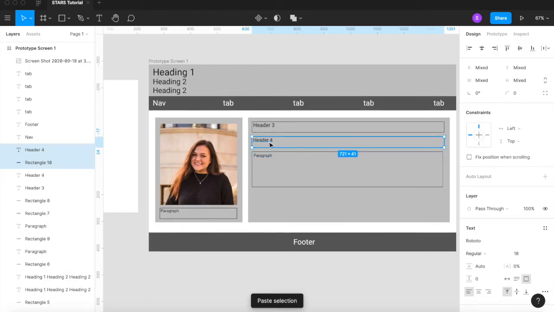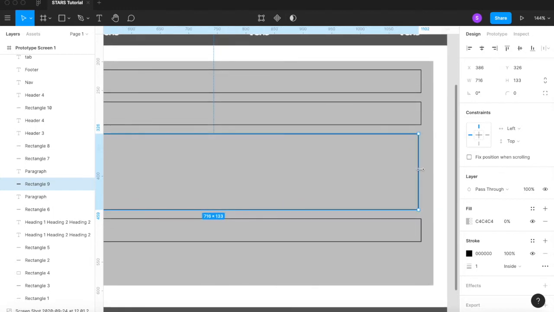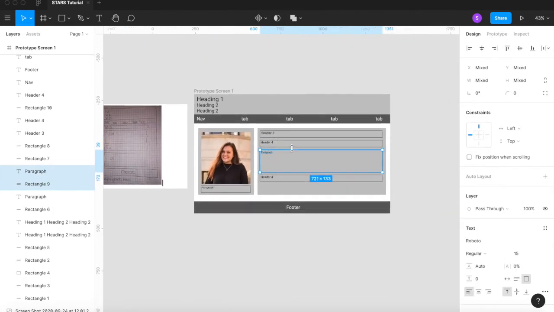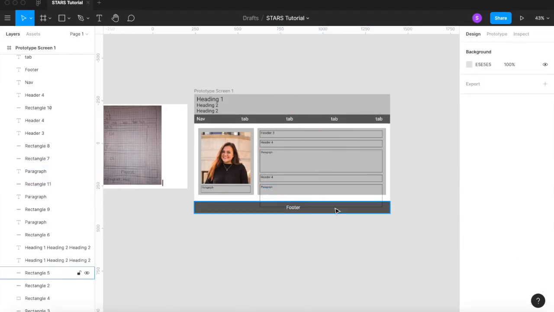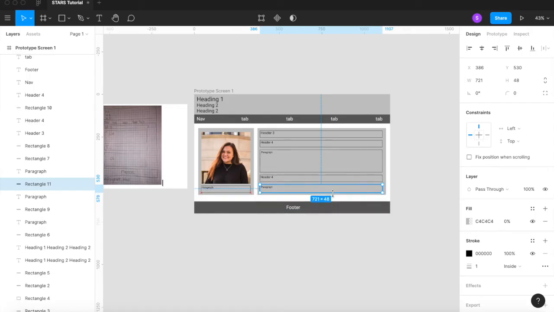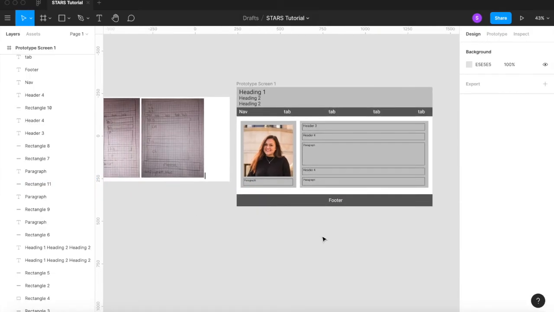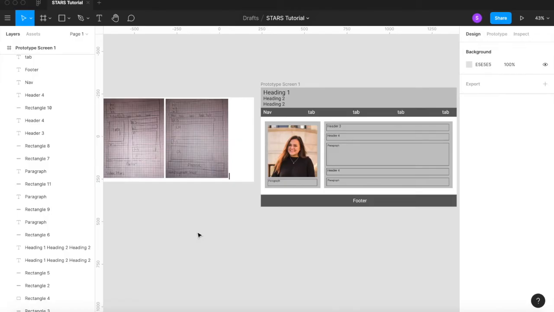So again, I'm just copying and pasting, and if you drag it down and it flips upside down, no big deal. You can always undo. On Mac, that's Command Z. And I'm just making it so that the rectangle is aligned on the right side. And then beneath that, I'm going to put another paragraph, and you might be able to tell that I am perfectly aligning them 15 pixels apart. Figma has a nice tool where they allow you to see that. So it looks like I've added all the text elements that are in the